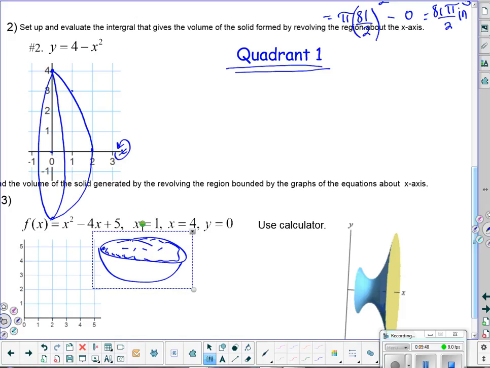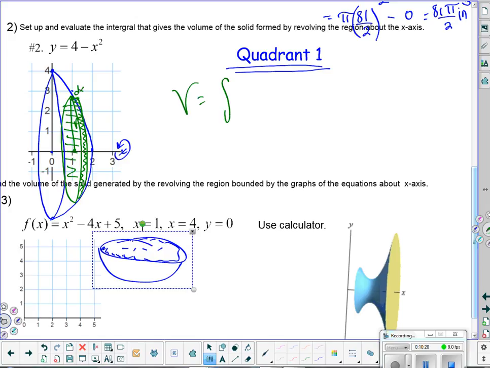So R is the height from the x-axis up to the curve, right? And if you wanted to, you could try and draw your own little disc in here. It's just fun to draw those. It's not exactly easy, is it? To get a decent drawing, especially on the smart board. Not the easiest. So I have this circular face by the edge, dx edge, and we go into our volume